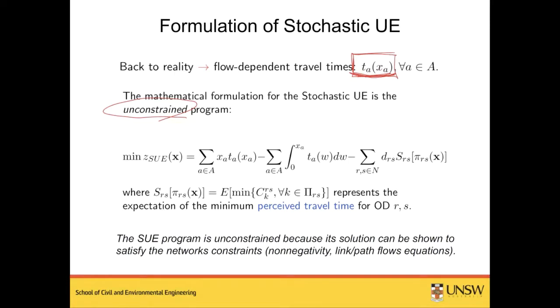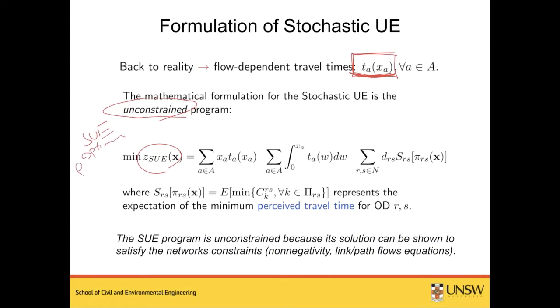Remember, in the actual UE, we had a couple of constraints, right? We had the non-negativity constraints, we had the flow conservation, we had the demand conservation. So we had a couple of constraints. But interestingly, when it comes to formulating SUE, this can be formulated as a totally unconstrained optimization. We try to minimize the objective function of SUE, which is formulated as this. So this is my new SUE